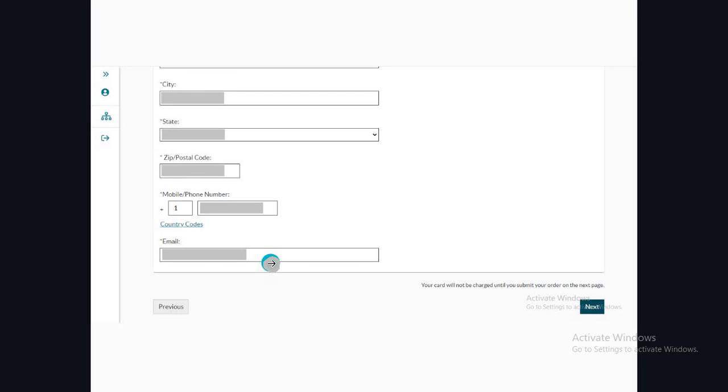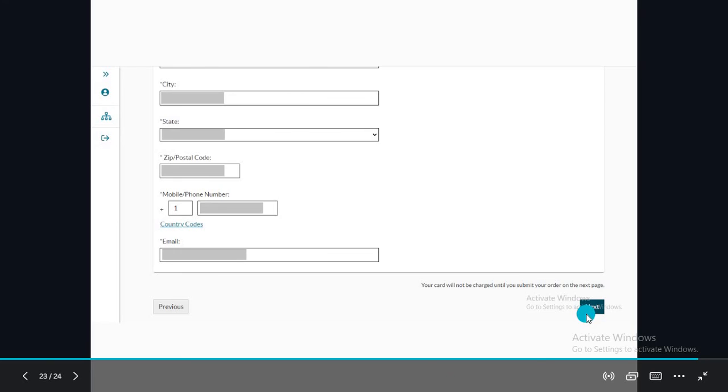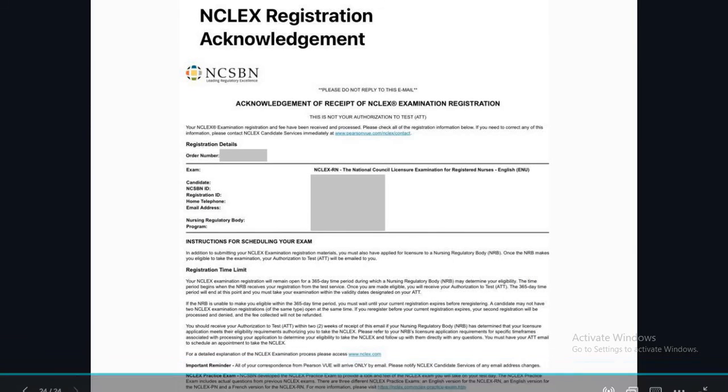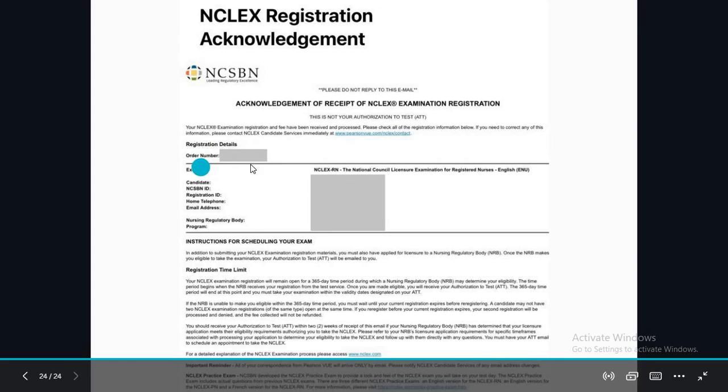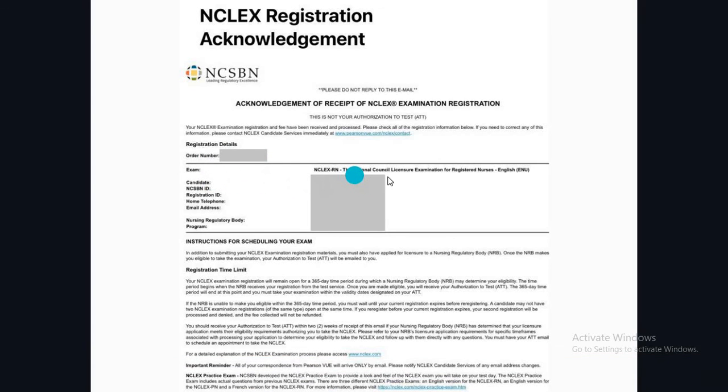Now make sure that whenever you are entering your email address, you write the correct email address, because you will be getting all the communications on your email. Then you will be clicking on next, and in your email you will receive an NCLEX registration acknowledgement receipt, and this will be showing you the registration details like your order number, the name of the exam which you are giving, then the candidate name,